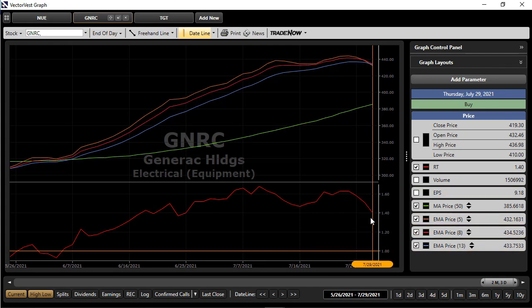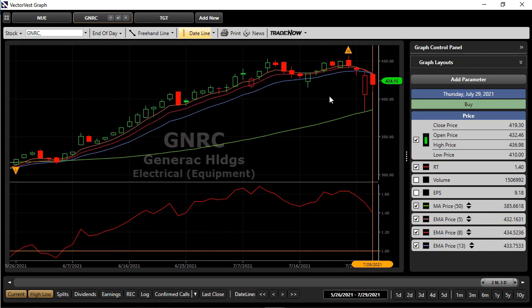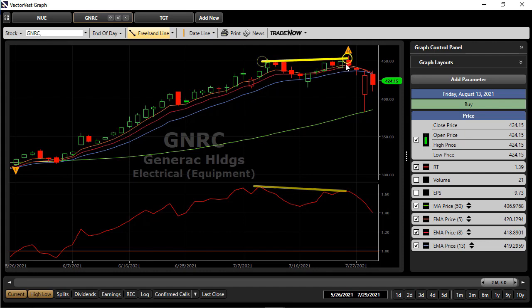Relative timing sloping downward. Let me put price back on. Little divergence here as well. See a little downward slope of the relative timing indicator as price moved sideways. I would argue it moved sideways, didn't really rise. But the indicator, with price moving sideways, the indicator sloped downward a little bit. You can kind of see that there. Okay, so we exit,